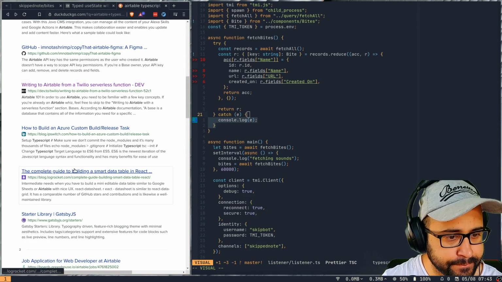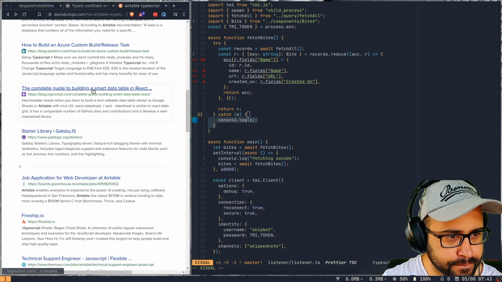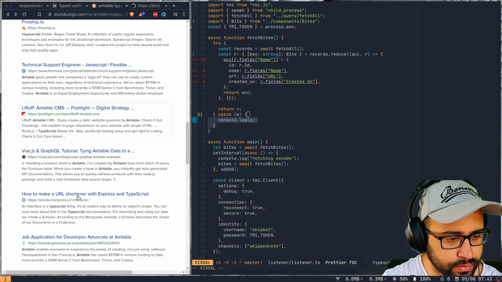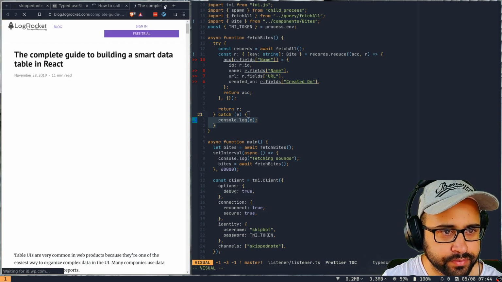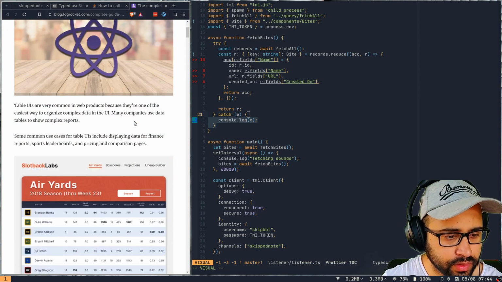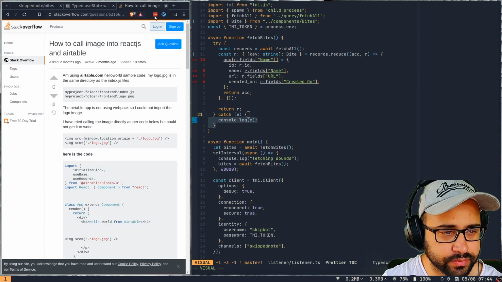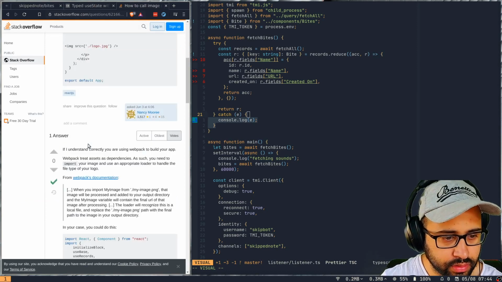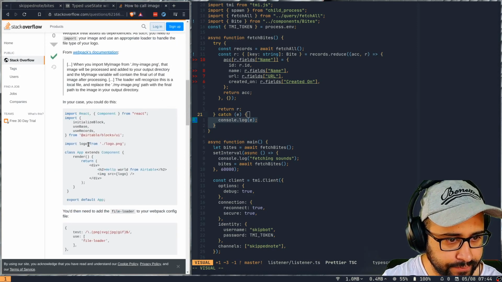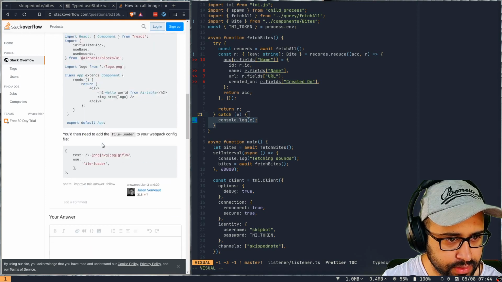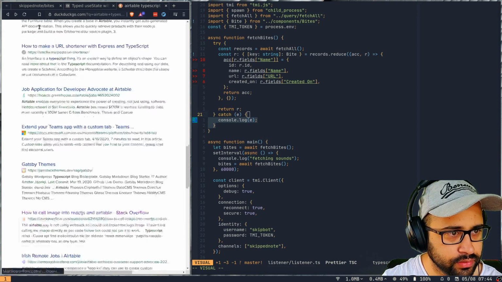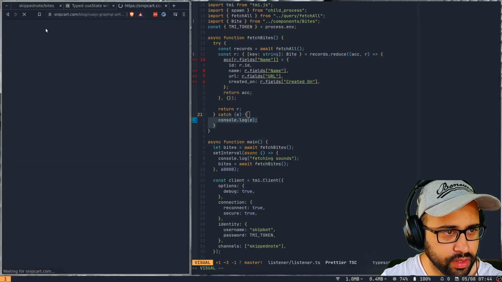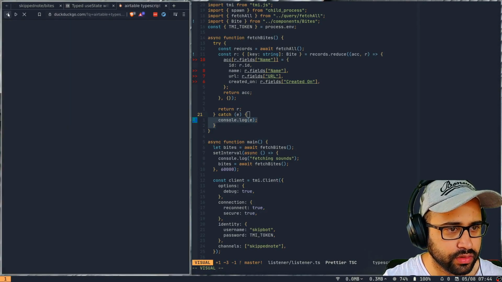I don't think it uses Airtable, so okay. This is just Airtable UI. Okay.